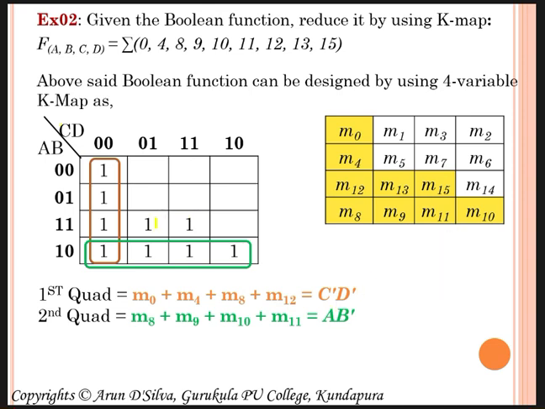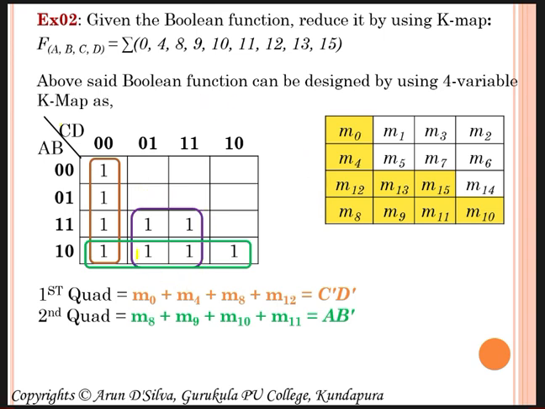Now still ones are left out. What to do with this? Are you going for a pair? No. First we have to see whether any quads are generated. So now these ones, there are four ones down here. By using these four ones together, I can go with one more quad, that is in the purple color, shown on the screen. So we have to make a group here. First octet, then quads. However many quads there are, that many quads you have to take. If an octet is not possible, then only you move to the quad. If quads are not possible, then only we go for a pair.